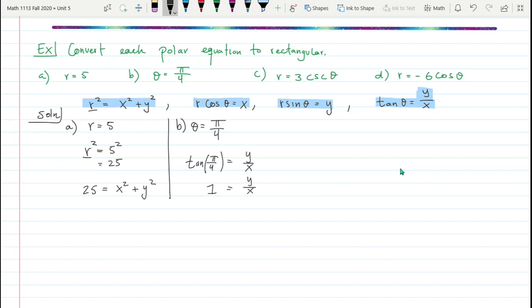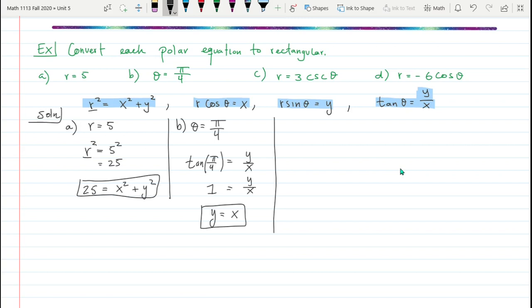And this is not really an equation that we're used to seeing, so we're going to multiply the x to the other side and have y equals x. And that is something better. We've seen that before. It's a linear equation with slope 1 and y-intercept at 0, right? So perfect. That works. What about